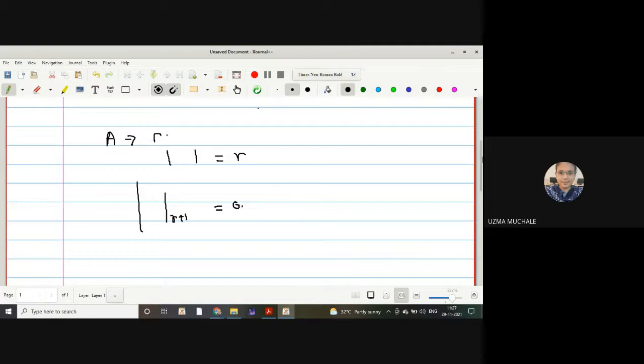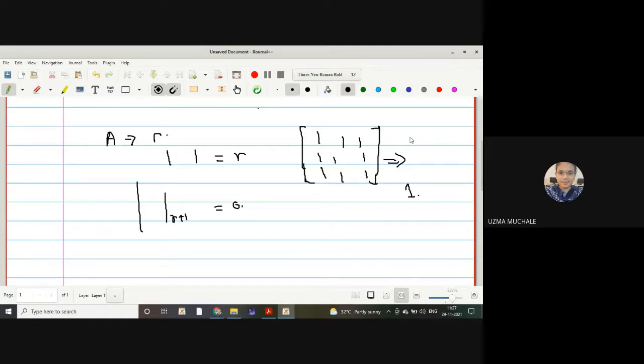Now let us go for a very easy example. Suppose I have a matrix and I have to find its rank. Suppose the matrix is given to us with the entries 1 1 1. Now everyone, what is the rank of this matrix? 1. Okay, how do you come to know, if you want to find the rank of a matrix?